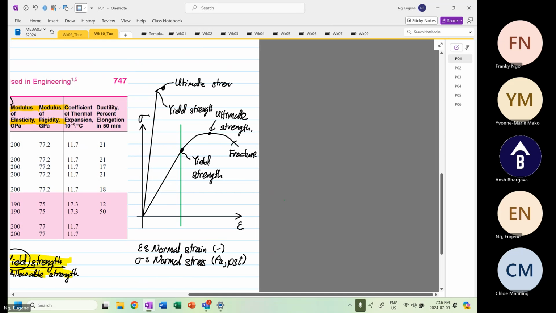As you can see down here, the yield strength and